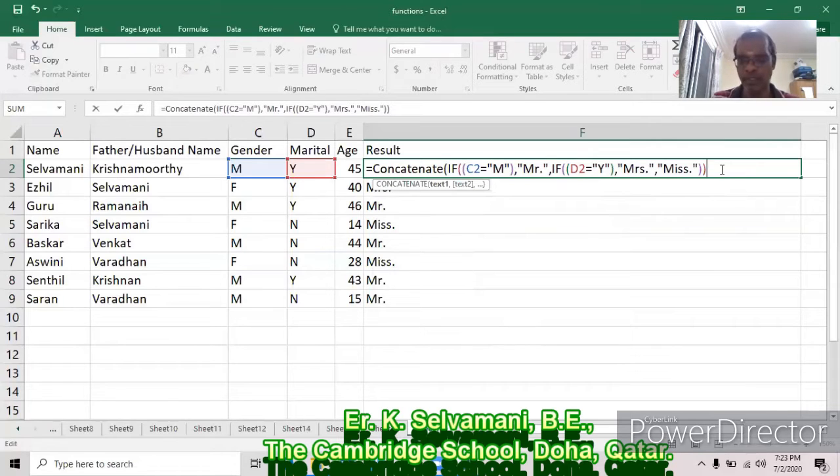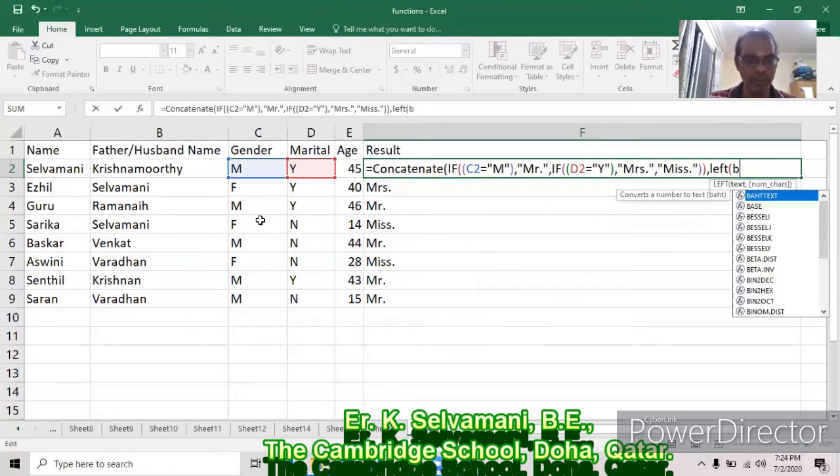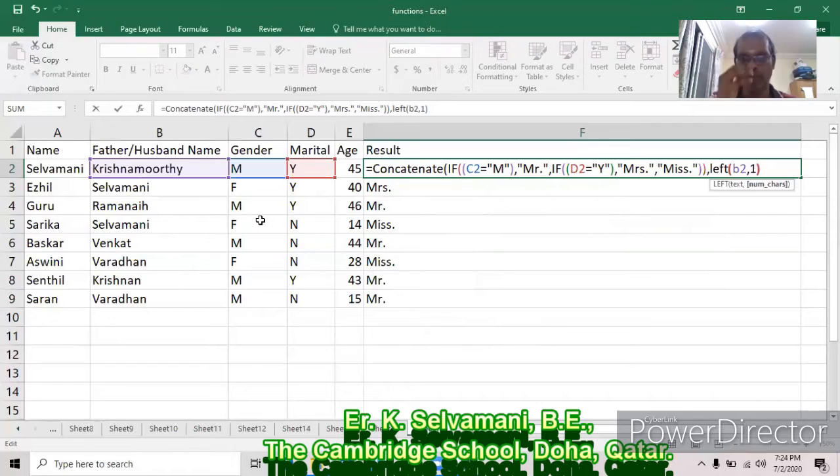Come here, comma. Now I would like to extract only one character from the left hand side of B2. Then I have to use the LEFT function. LEFT of B2, 1. That means B2 contains the father or husband name. First letter: I need only one character from the left hand side of the father or husband name.